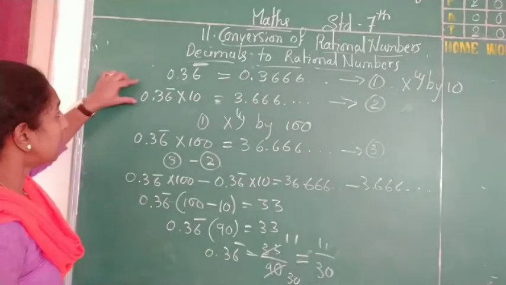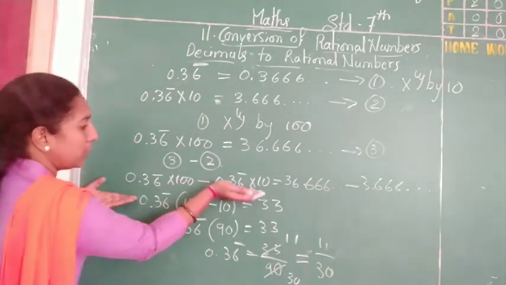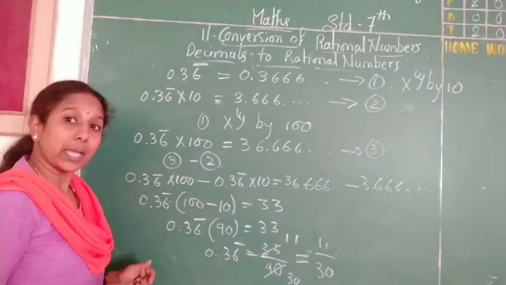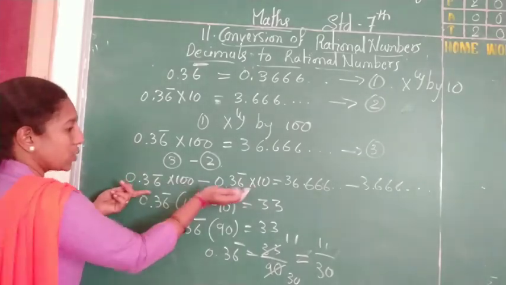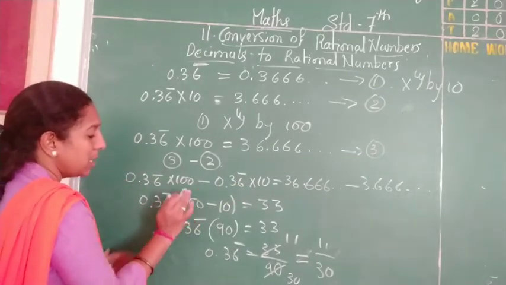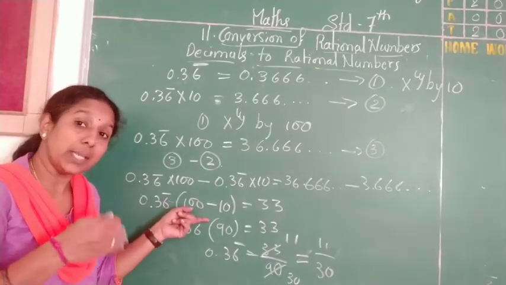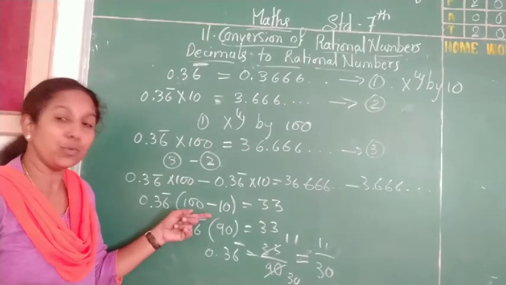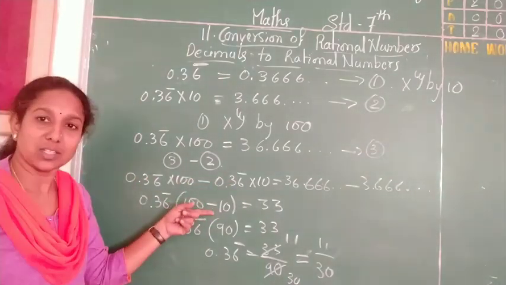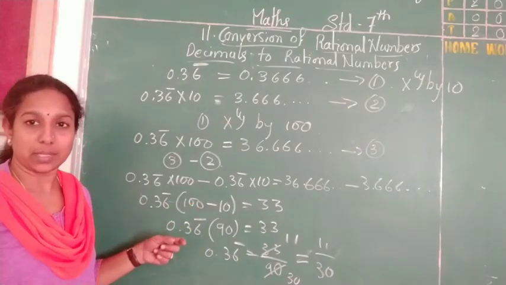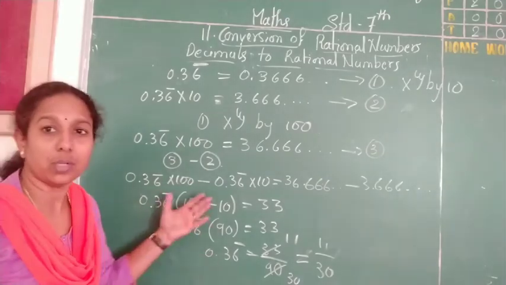And one more thing: here I did not multiply. I just kept it like that and did the subtraction. Why did I keep it? To take this common out. What is left is 100 minus 10, so you will get a multiple of 10. It will be easy for you to do it like this. If you multiply here, you will not get the number like this, and you will be in trouble while solving. So my suggestion is don't do it like that. Try to solve like this.